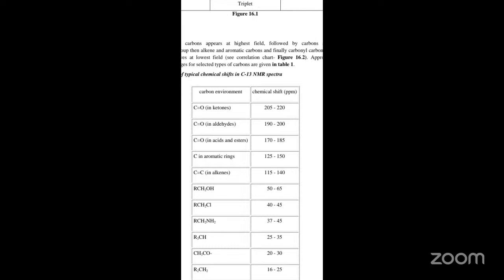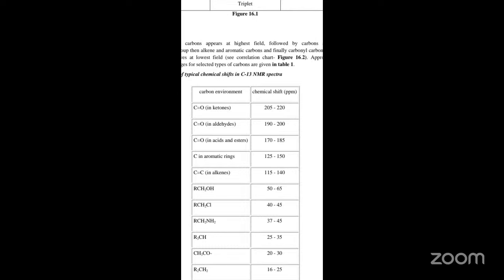The carbon which is part of the aldehyde group appears in the range of 190 to 200 here. And the carbonyl in the carboxylic acids and esters, the carbon present as CO in the acids and esters here,